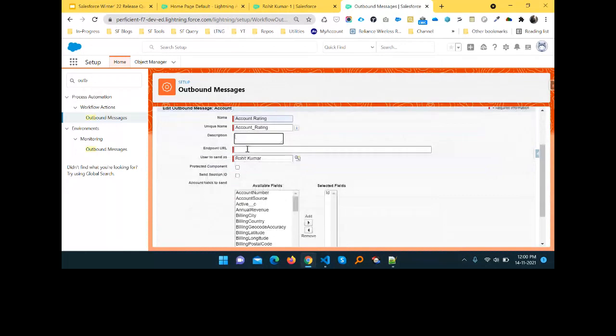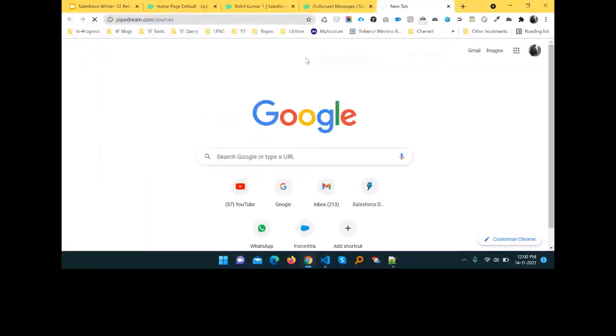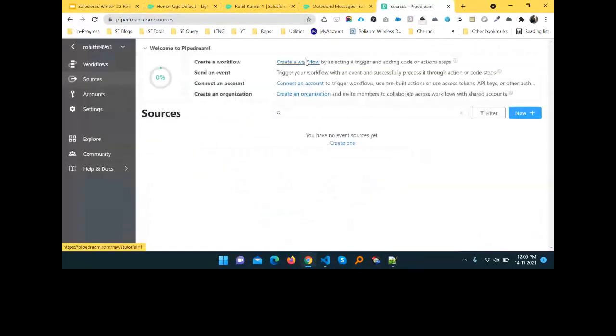And here you can see the endpoint URL. So how to get this endpoint URL, and what is it? This is the third party URL, and you can get it from any website. I already used one website, this Pipedream website, which is an endpoint URL checking website. You can check your endpoint URL under this website, and you can see the response there as well. I already signed up, and you can go ahead and sign up for an account as well.